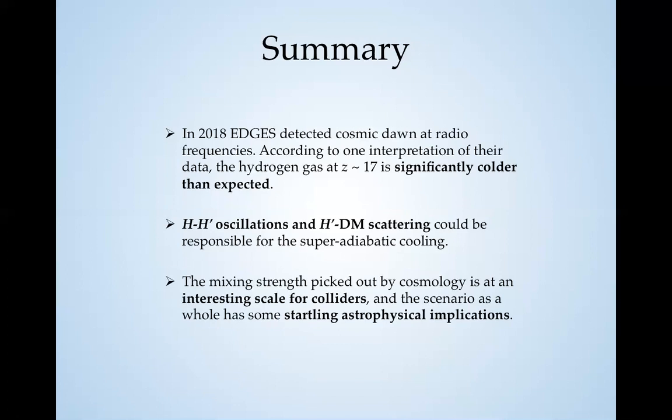So much so that I'm not sure that the kinds of mixing parameters you discuss as being pertinent are actually accessible. My question was to point out this issue, that it may just imply that you should have a richer mirror sector, that maybe there are mirror magnetic fields you have to consider. I'm not sure, but certainly if you only have mirror matter that's degenerate to hydrogen in the absence of magnetic fields, then I do think you would have a problem. So anyway, this is a comment and a question.